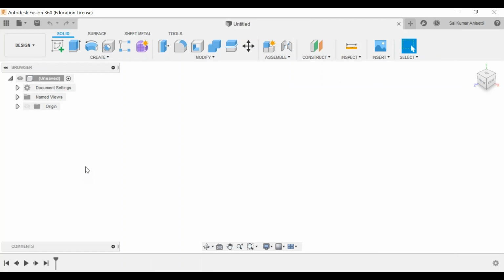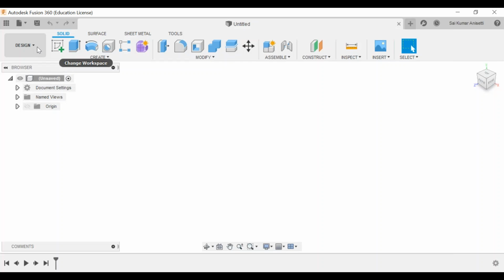Now the last topic, coming to your basic user interface. Each and every software has workspaces. As I explained in CATIA, for example, there are different workspaces, right?